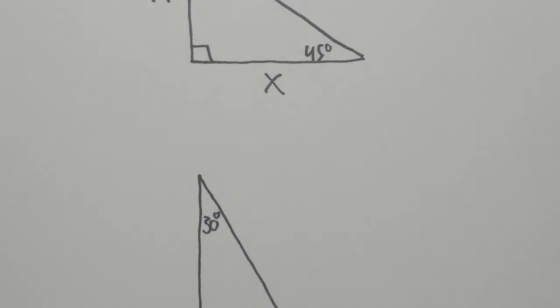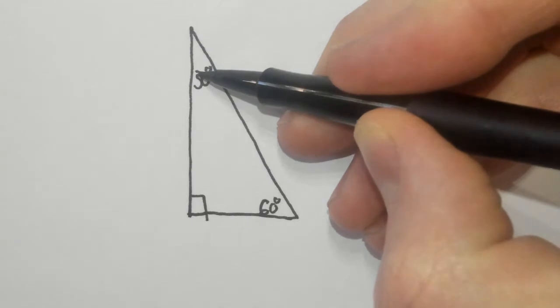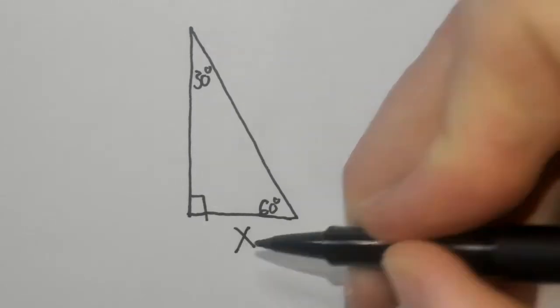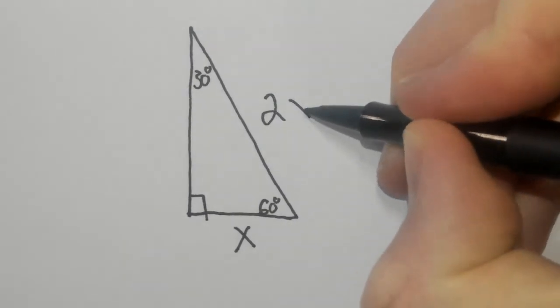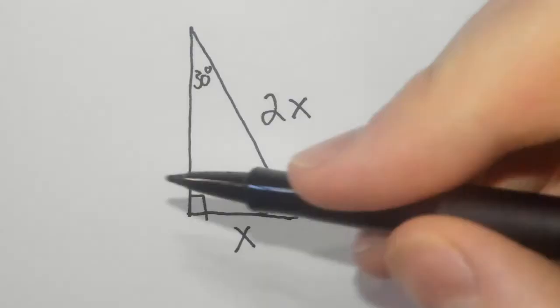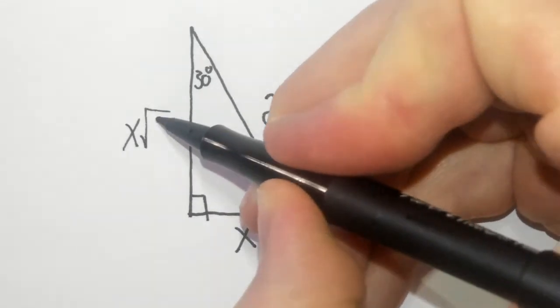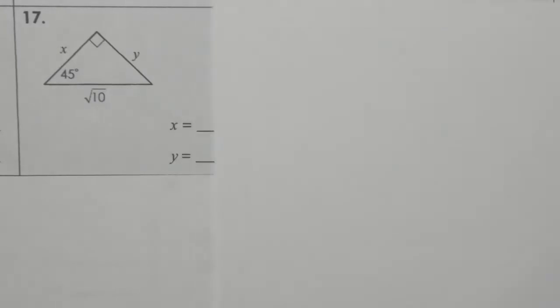And then for a 30, 60, 90, across from the 30-degree angle, we always have the short leg. The short leg is always X. The hypotenuse is always twice X, so 2X. And then across from the 60-degree angle, we always have X times the square root of 3. So these are the side length ratios that we're going to be using for a 30, 60, 90. Okay, so I'm going to put that away for a second, and let's see if we can get number 17